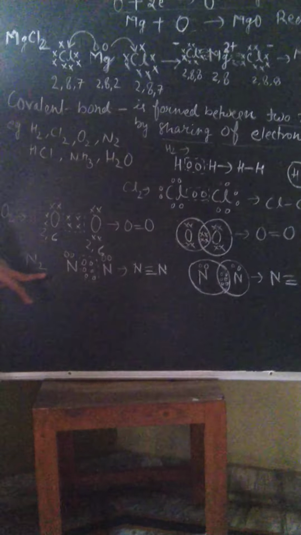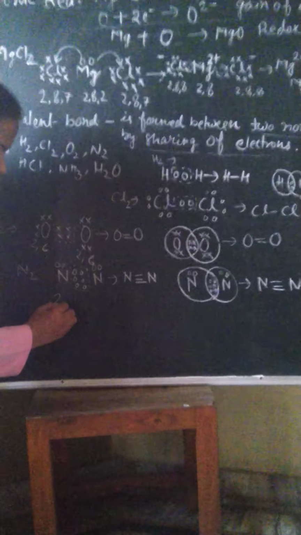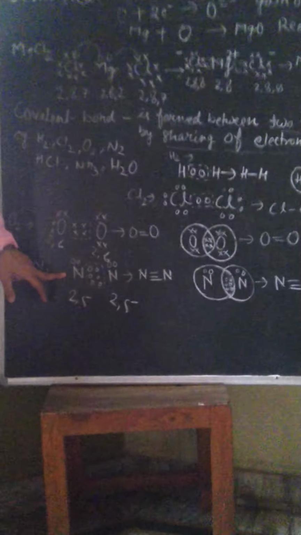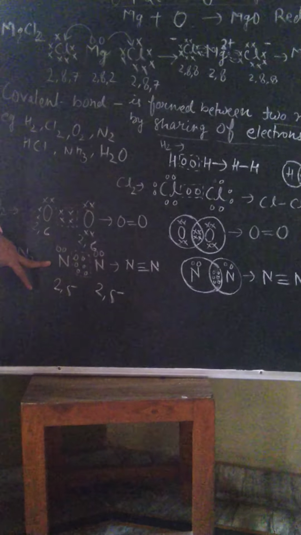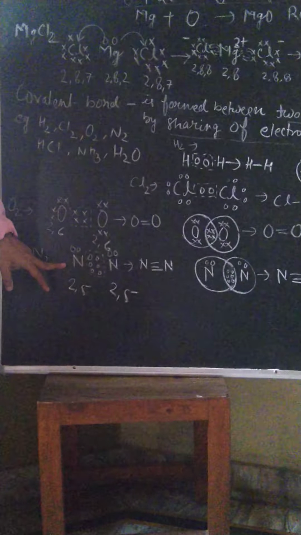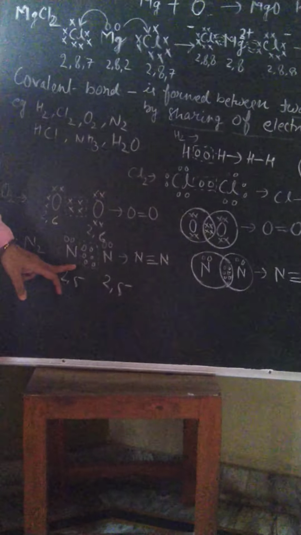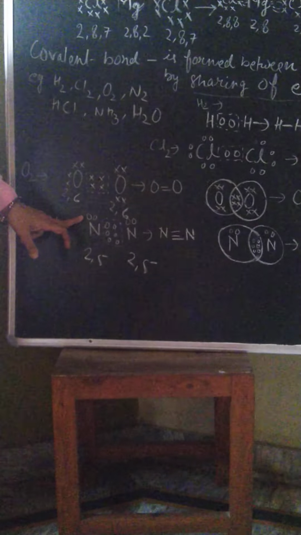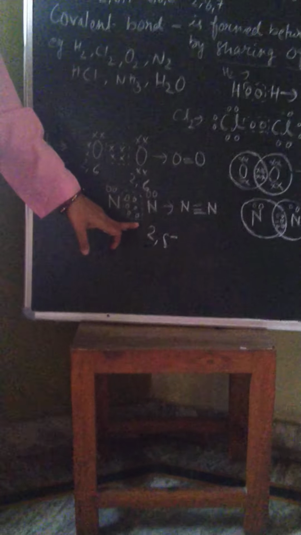Now for today, last molecule is N2, nitrogen molecule, and it is an example of triple bond molecule. So nitrogen, its configuration is 2, 5. It means each nitrogen atom needs 3 electrons to complete its octet. So each nitrogen will take out their 3 electrons for sharing. So now 3 plus 3, 6 plus 2, 8. For this nitrogen, 3 plus 3, 6 plus 2, 8. So in this way, both nitrogens will complete their octet by sharing 3 electrons. And because 3 pairs of electrons are shared, a triple bond is formed.